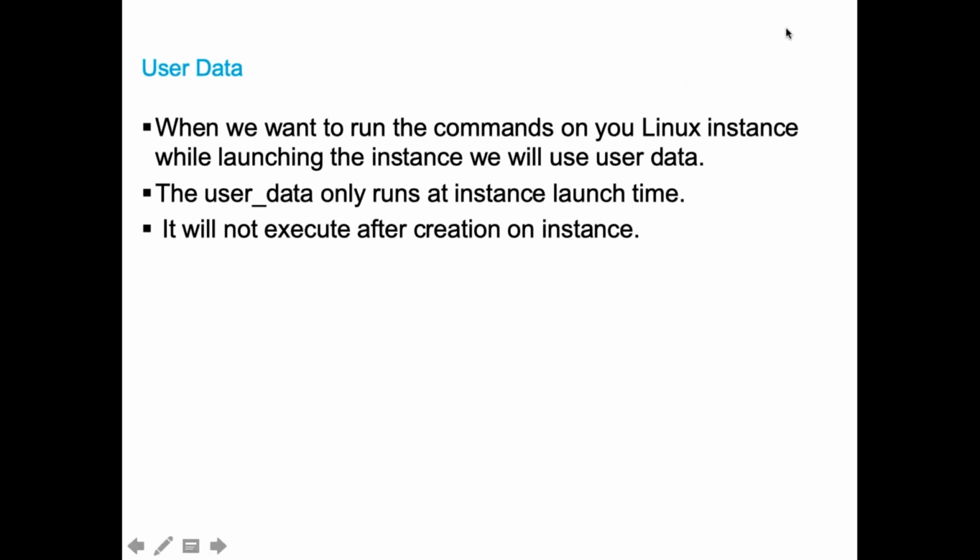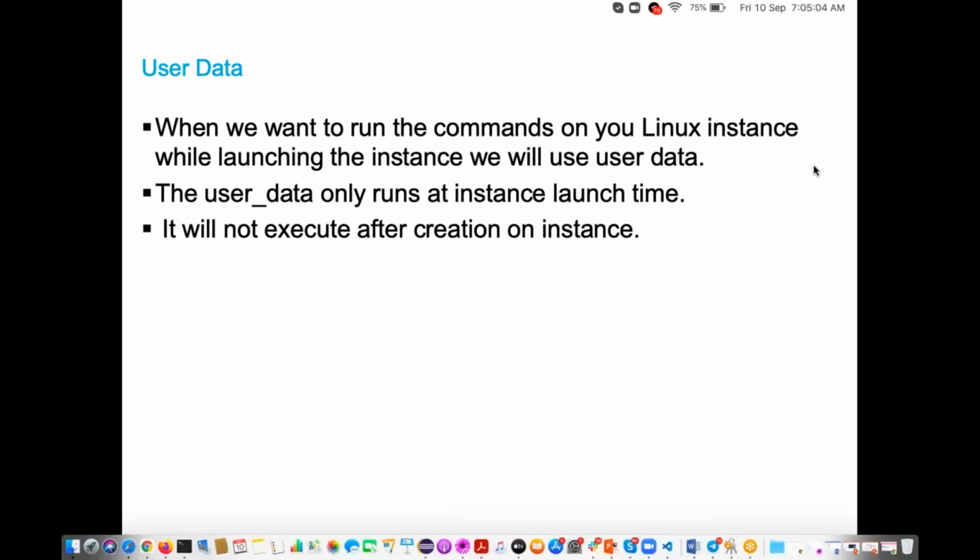So the next topic is user data. What is this user data? When we want to run commands on your Linux instance while launching the instance, we'll use the user data. My requirement is, while creating the instance, I want to execute some commands, or install some software.